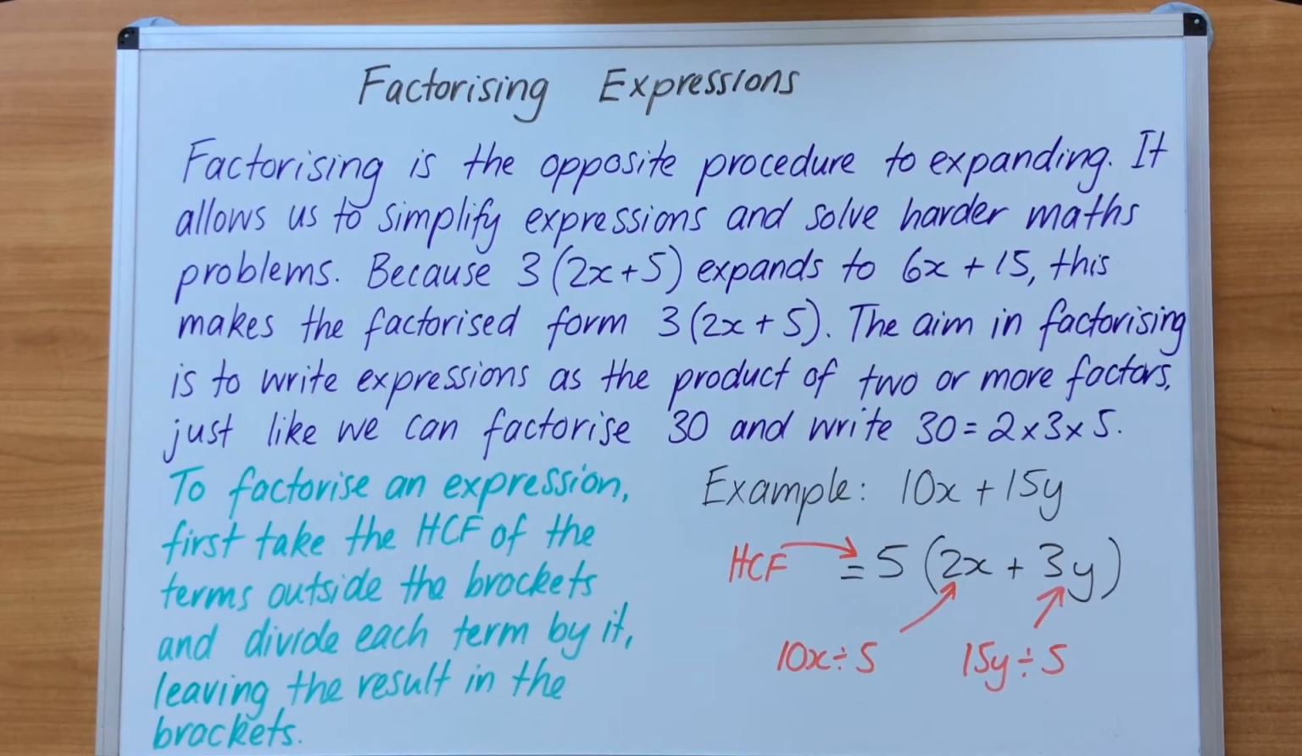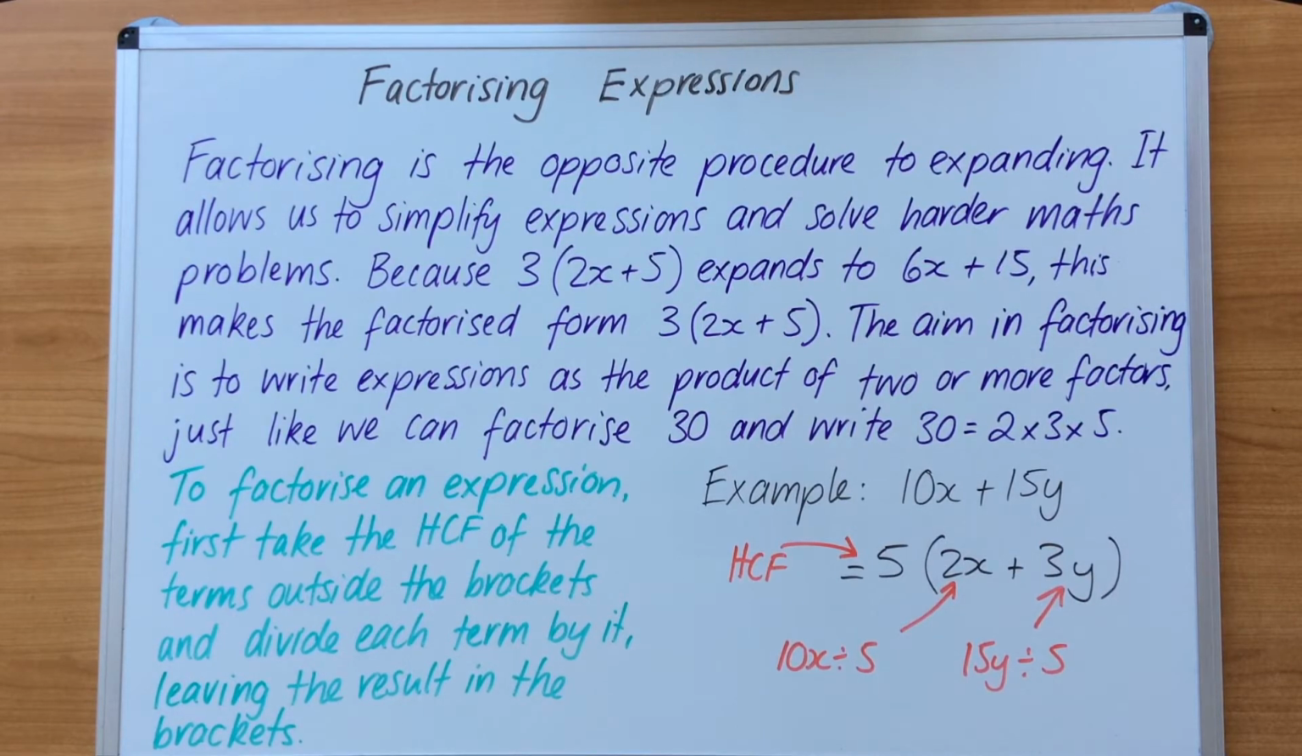In this video, we are focusing on factorising expressions. Factorising is the opposite procedure to expanding. It allows us to simplify expressions and solve harder maths problems. Because 3 bracket 2x plus 5 bracket expands to 6x plus 15, this makes the factorised form 3 bracket 2x